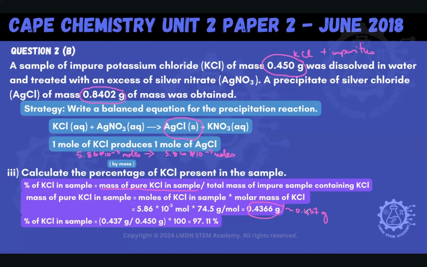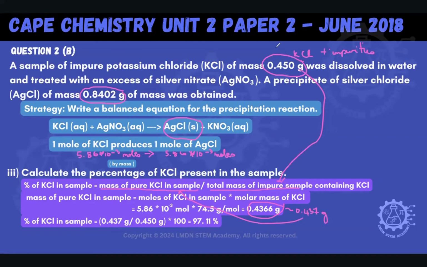That's what I'm going to put here, and then I'm going to put the total here. So this goes here, and this goes there, because that's the mass of pure KCl. So now, 0.437 grams divided by 0.450 grams times 100, that's the percentage, and that is